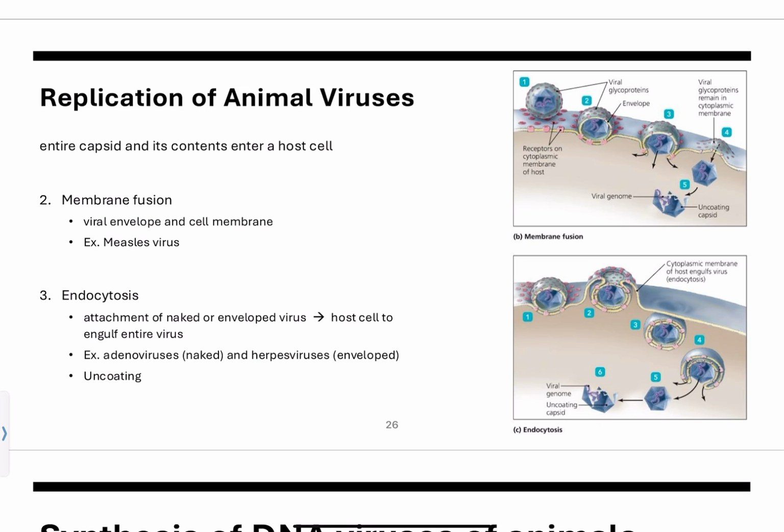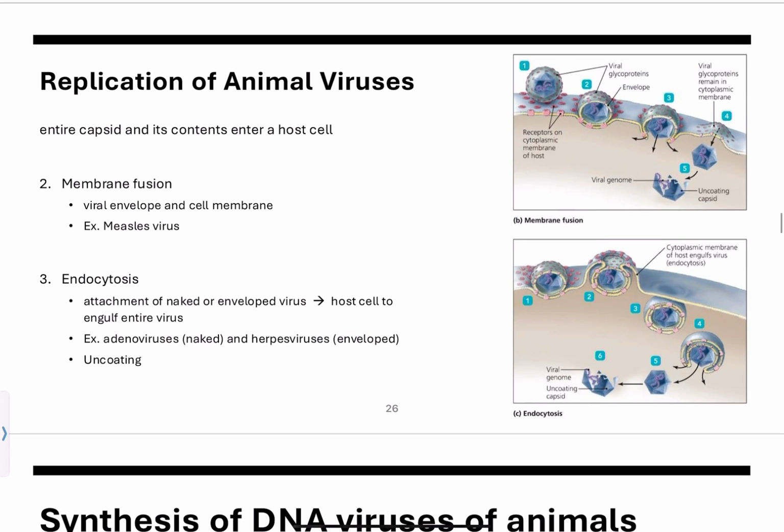After it enters into the host cell, the uncoating step is going to occur. This is where it removes the capsid and all of those capsomeres or proteins and exposes the viral genome. Depending on the virus, uncoating can happen at the plasma membrane, in the cytoplasm, or after it's been moved to the nucleus. This is really a crucial step because the viral genome can't be replicated or transcribed until it's free. As long as it's in the capsid, we can't get the host machine